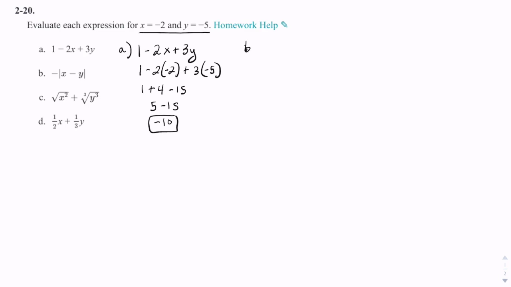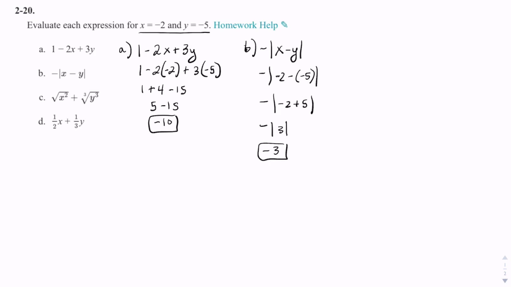For B, I have negative absolute value of x minus y. So that's negative. X is negative 2 minus y, which is negative 5, right? So I have negative absolute value of negative 2 minus a negative is plus 5. So that's negative the absolute value of negative 2 plus 5. Negative 2 plus 5 is 3. So that just becomes negative 3 because the absolute value of 3 is 3, and I still have that negative